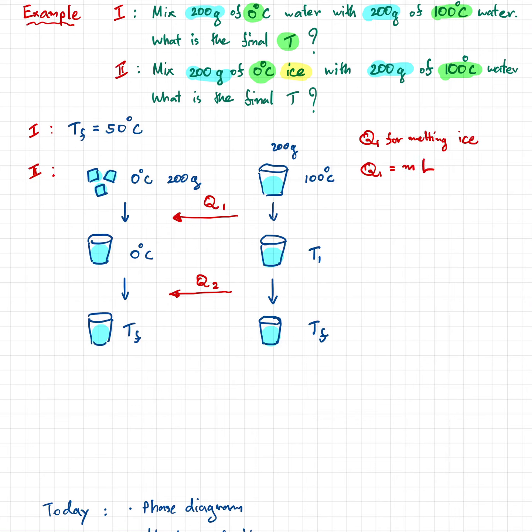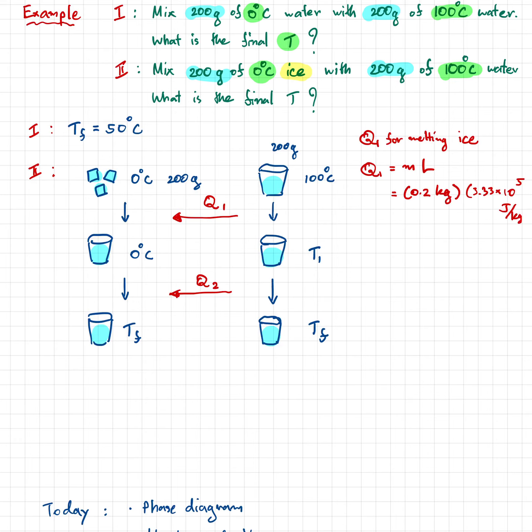So M is 200 grams. That's 0.2 kilograms. And what is L? Well, L is the latent heat of fusion, right? If you look at the table that we had from the last lecture, we need to use fusion because the other one is vaporization. That's for boiling or condensation. That's not what we want. So for fusion, you have about 3.33 times 10 to the 5